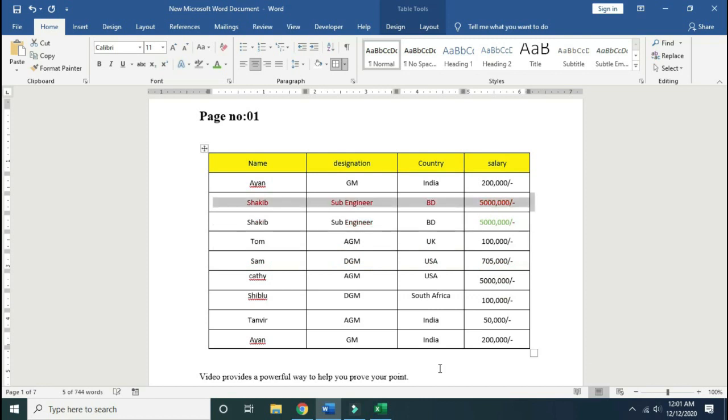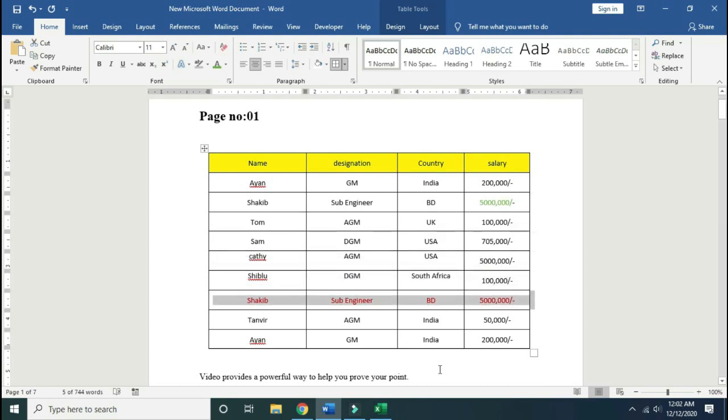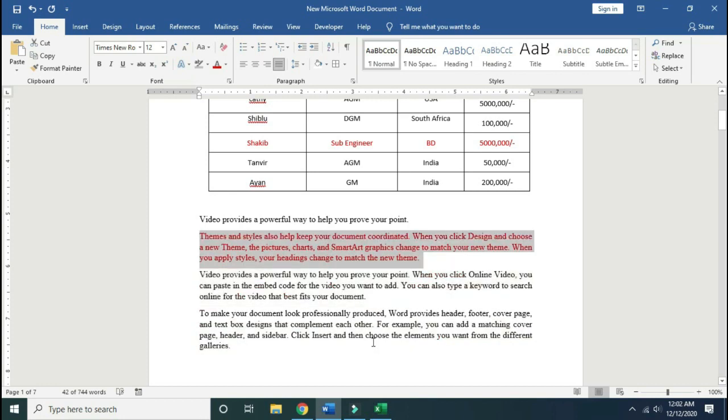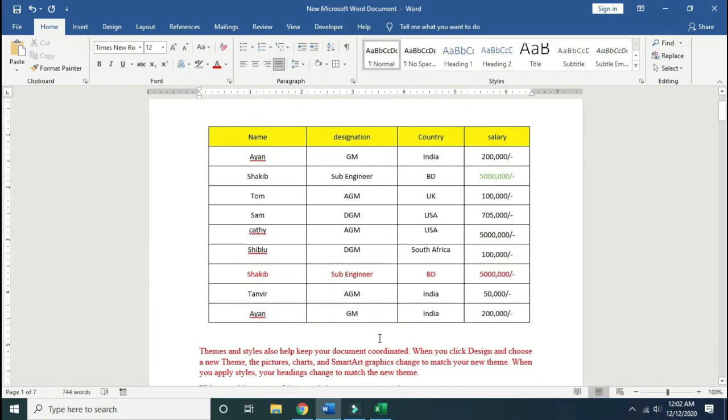Look at that, the entire row is moving in this side. Now if I press down arrow key, then look at that result. So you do not need copy paste or cut paste to move any row or column. In the same process you can move line or paragraph up and down. First select this line or paragraph, then hold Shift plus Alt and press upper arrow key or down arrow key to move your line or paragraph.